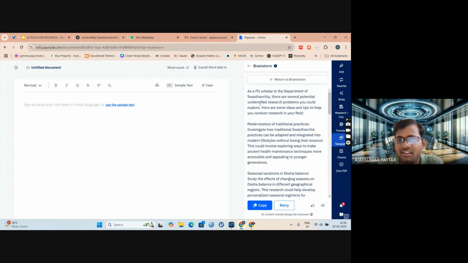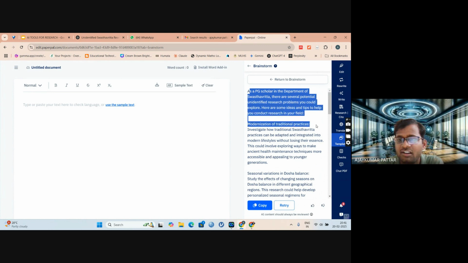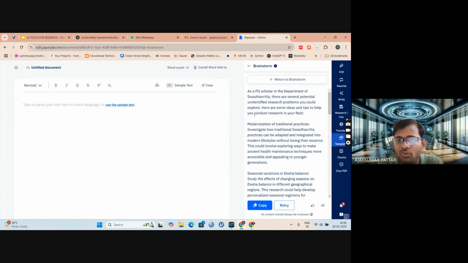See, it has generated some things. As a PG scholar in the Department of Swasthavritta, there are several potential undefined research problems you can explore. Here are some ideas and tips to identify and conduct your research.